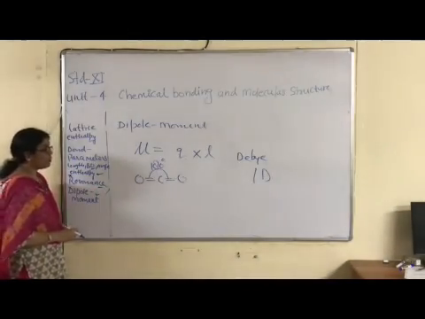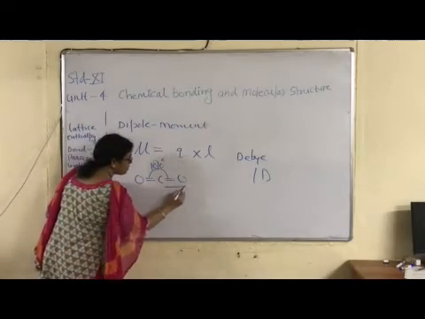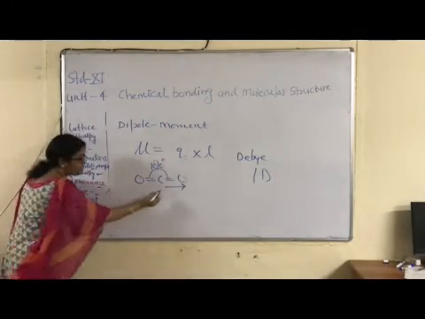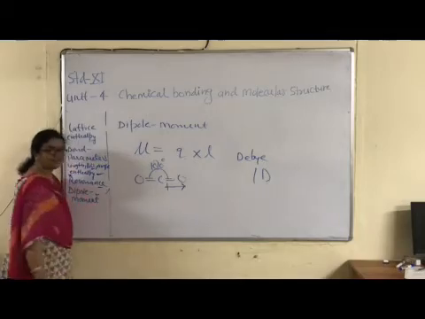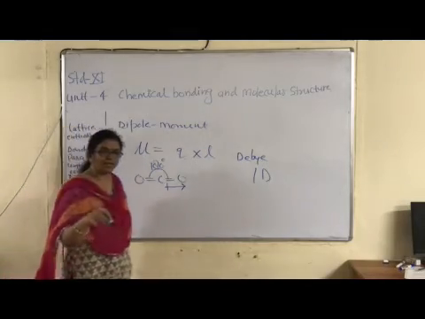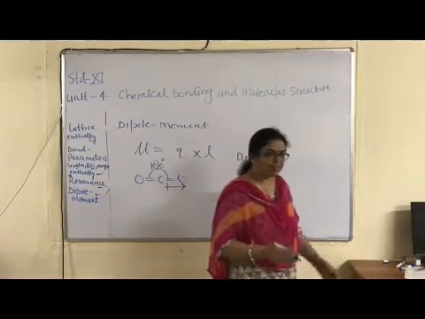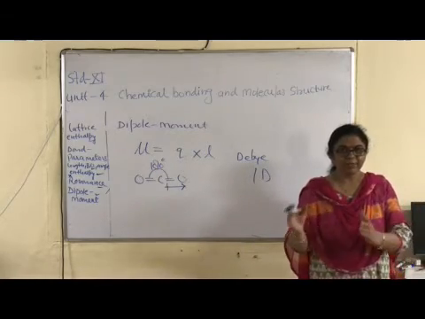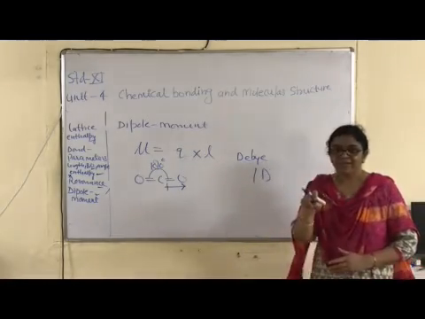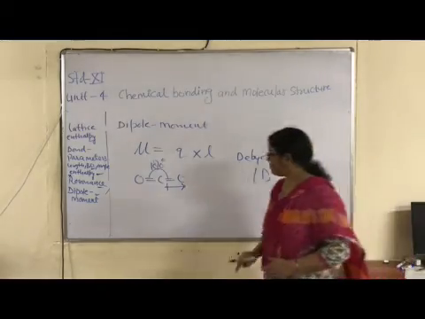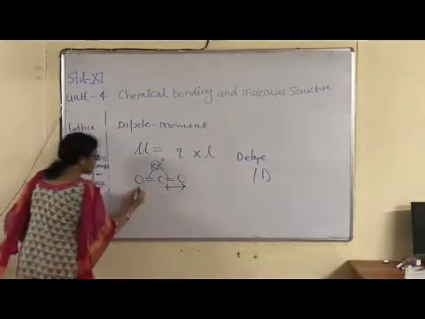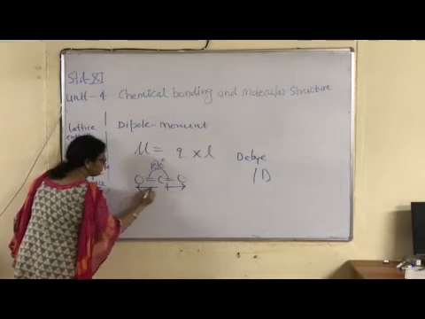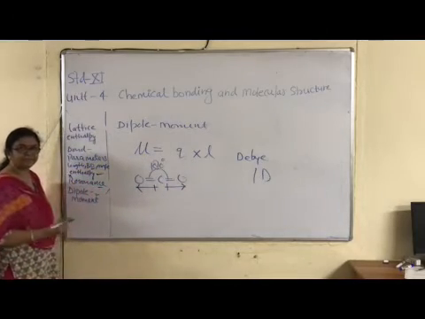Dipole moment is shown by an arrow. The head of the arrow is directed towards the most electronegative atom, and we also put one vertical line, because a single arrow denotes a coordinate bond. To avoid any confusion between dipole moment and coordinate bond, one vertical line is drawn. Okay? Now, the direction of the second dipole moment is just opposite.